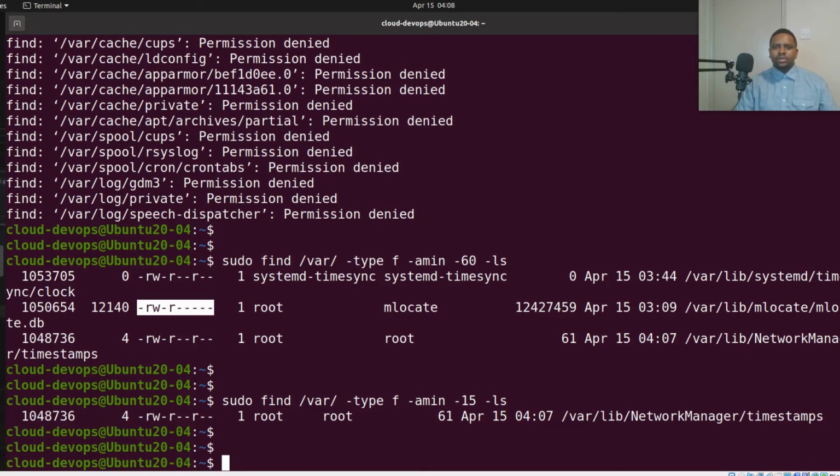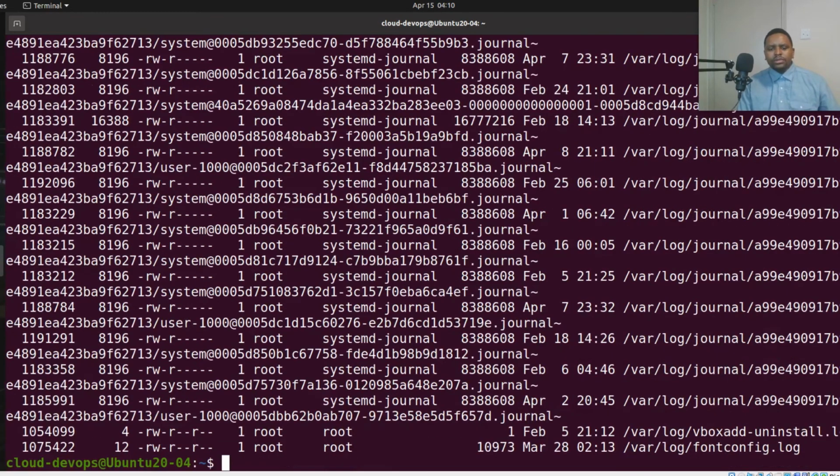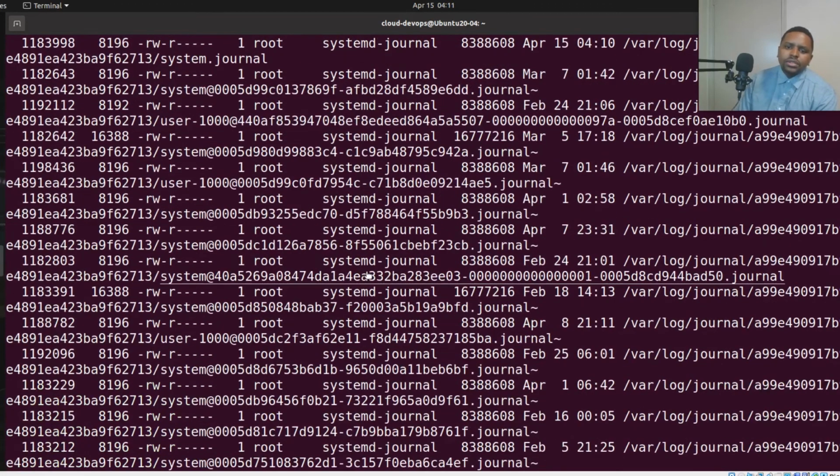Interesting. Pretty cool, right? So yeah, that's how you find your files in any particular given directory, by type, and by access times or modification time, or change time. You can also search by your username, or group name of your user. Okay, let's say we're looking for, in this case, user root and ls, enter. So these are the files that it found